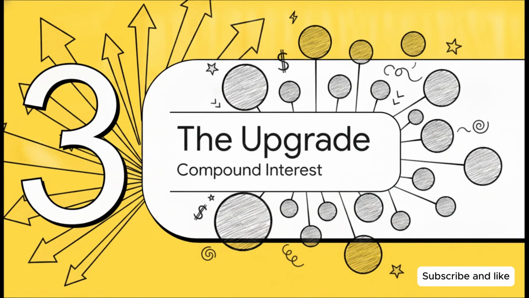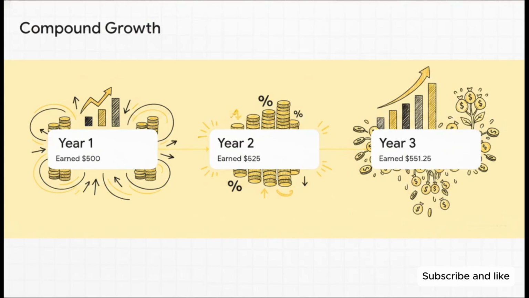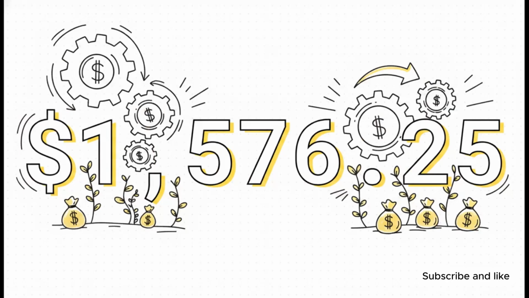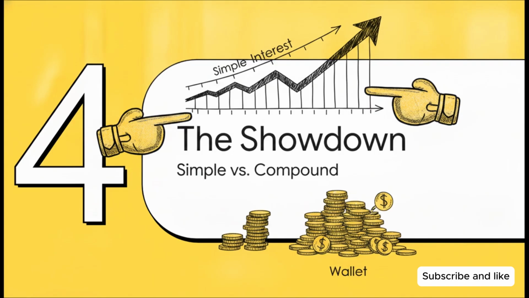But here's Section 3, the upgrade. Enter compound interest. Let's walk through those exact same 3 years. But watch how the principal grows this time. Year 1 is an identical $500. But in year 2, you earn 5% on $10,500, yielding a larger payout of $525. By year 3, your principal is up to $11,025, pushing your payout to $551.25. The payout is physically accelerating. Compounding annually over those exact same 36 months, you've earned a grand total of $1,576.25.